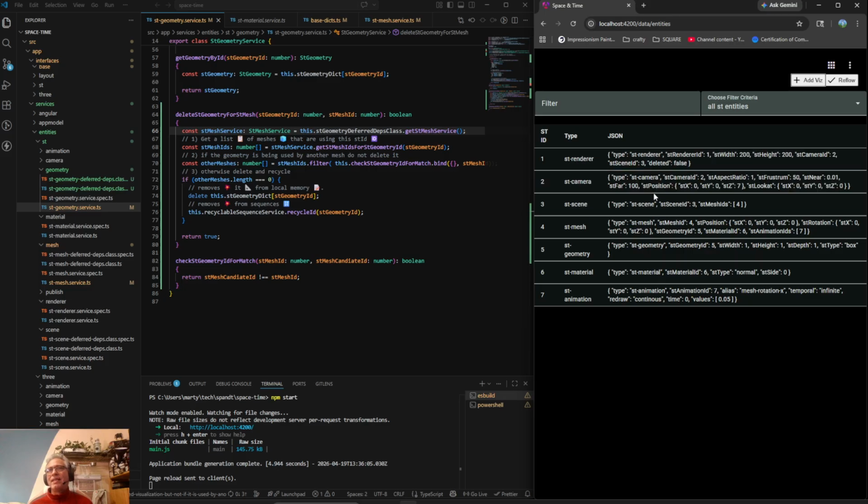And then when I deleted the scene, now I'm deleting meshes. When I deleted my meshes, now it was time to delete the geometry. And next will be the material, and after that will be the animations. And then delete will kind of be done, but not really, because